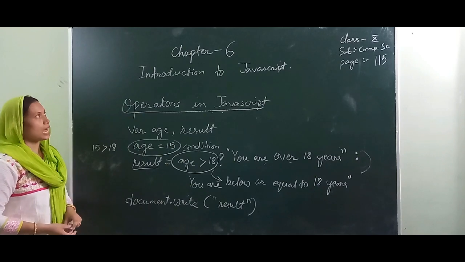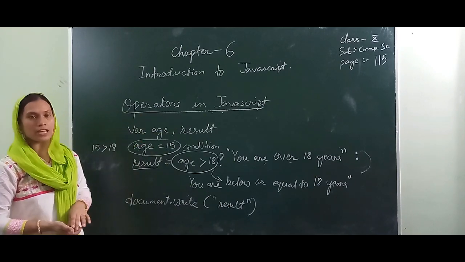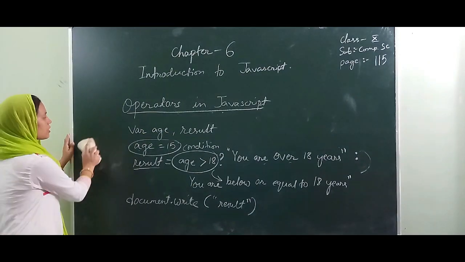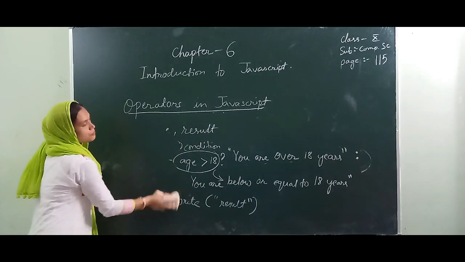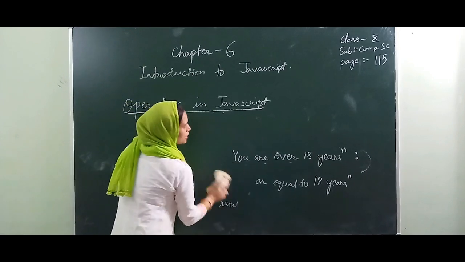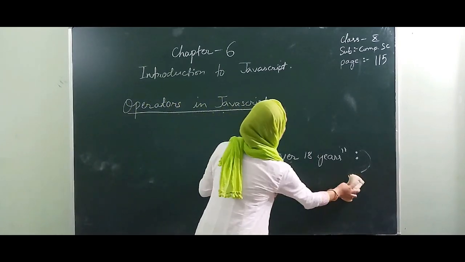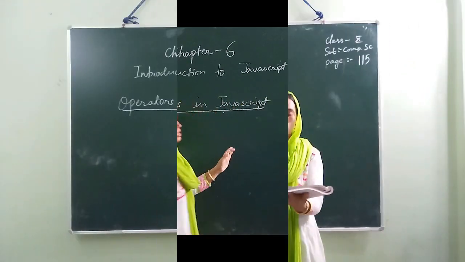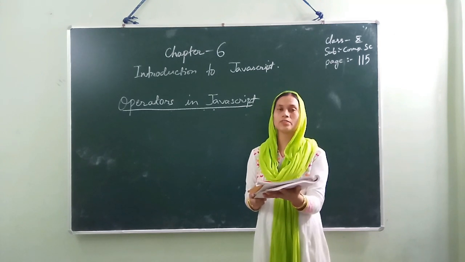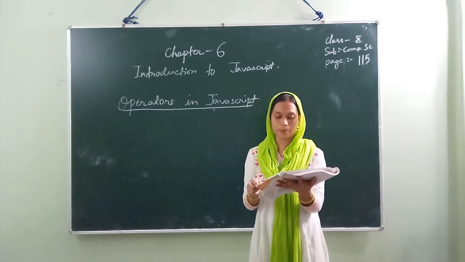That's all. I hope everyone understands the operators which are present in JavaScript. What you have to remember is we have 6 types of operators in JavaScript: arithmetic operator, compound assignment operator, comparison operator, logical operator, and the last is the conditional operator. For more detail, read the lesson one more time, and try to understand and learn by heart the tricky terms and memory bytes which are present on page number